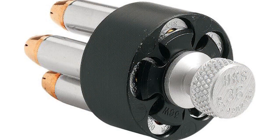And so I'm shooting Enhanced Service Revolver in IDPA. There's 2 revolver divisions. They've introduced a new stock service revolver division in the last couple of years. And the distinction between the 2 divisions is Enhanced Service Revolver requires loading via moon clips. And this is a full moon clip, holds 6 rounds in a circle that you can just drop right into the chamber. Stock service revolver utilizes speed loaders, which is usually a mechanical device that clips the